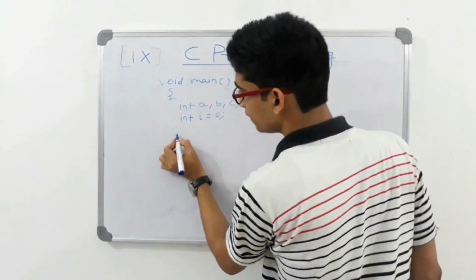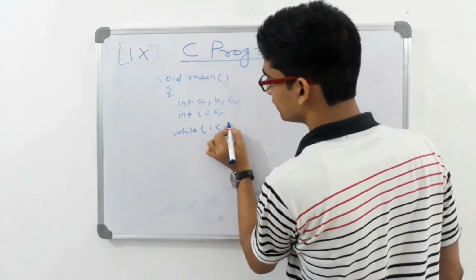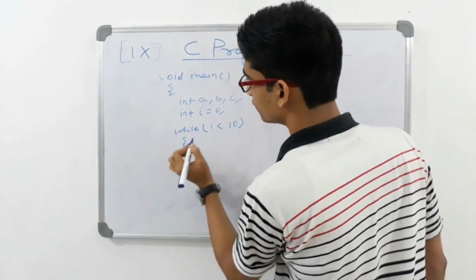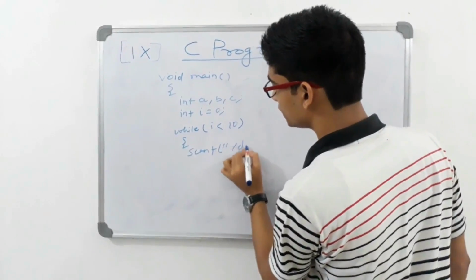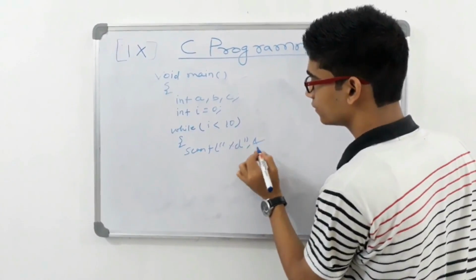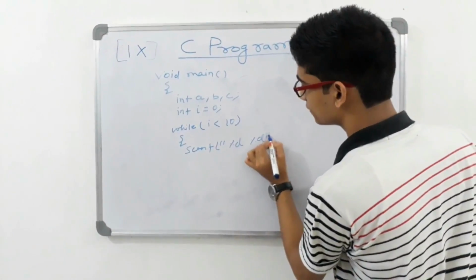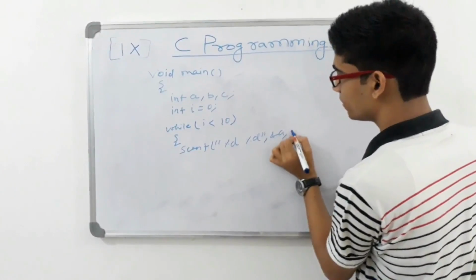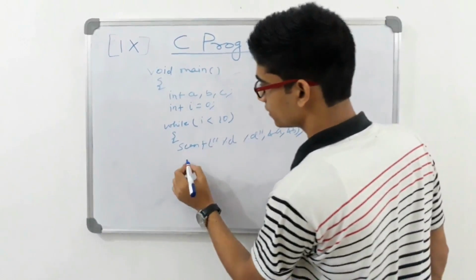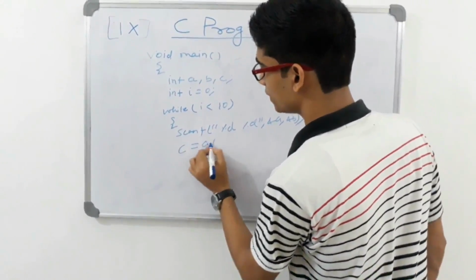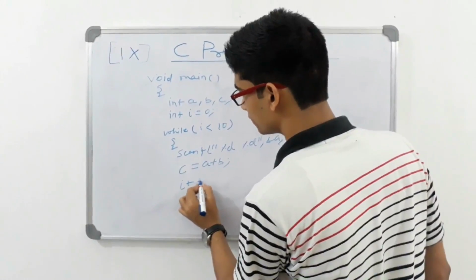Then I write while i is less than 10, scanf percent d. Let me take input in a single line, space percent d, ampersand a comma ampersand b, and then we have taken the input of a and b. c equals a plus b,